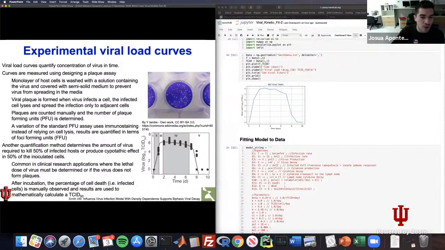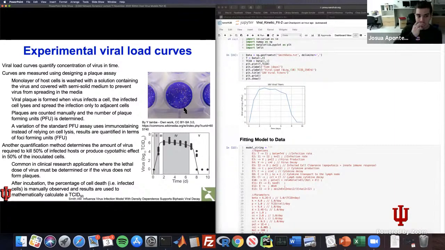And then what you do is that you have a solution that has the virus in it. We'll talk about how that solution is extracted, and then you create what are called serial dilutions of that sample, and then you infect multiple of these